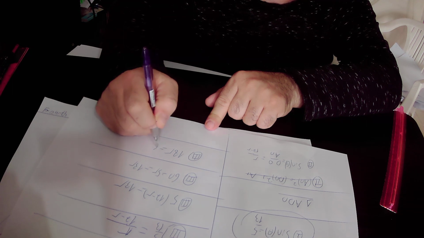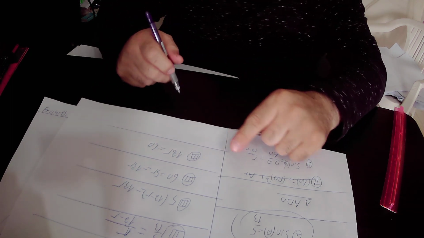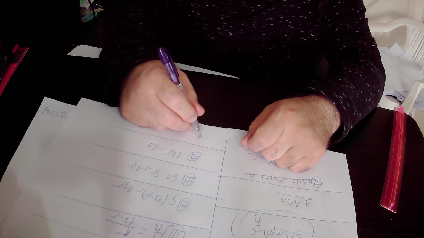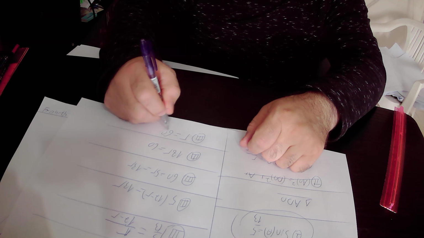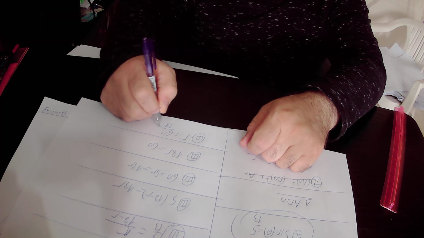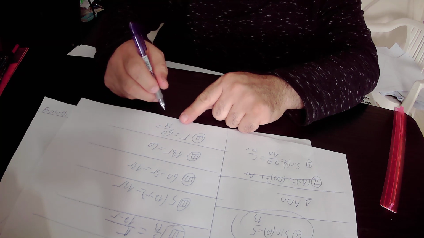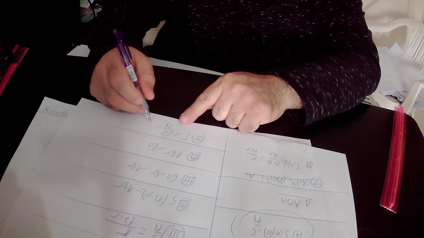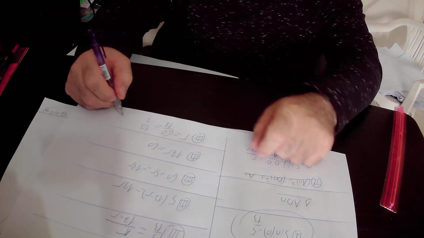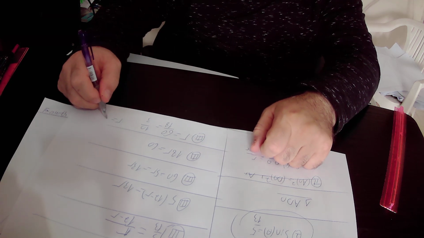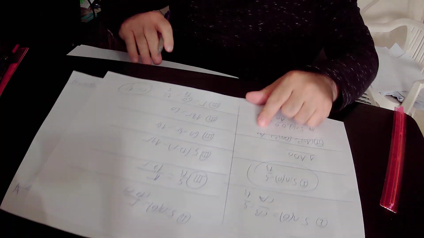18r equals 60. Here we will divide this equation number 3 by 18, and we will get that the radius of the semicircle equals 60 over 18. Here we will divide both the numerator and the denominator of this number by 6, and we will get that 60 over 6 is 10, and 18 over 6 is 3. So we found out that the radius of the semicircle equals 10 over 3 units, and therefore the area